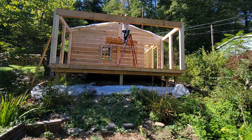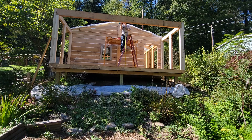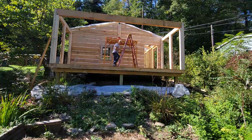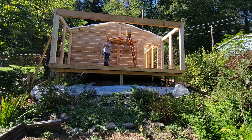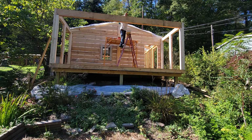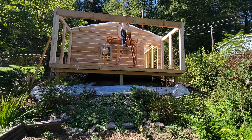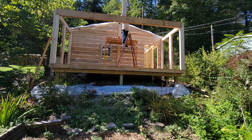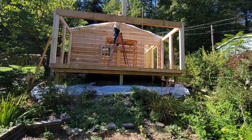Now right here what I'm doing is trying to find the center again for an upright that I have to put on this beam. And this is another reason why I chose the LVLs, because I knew that there was going to be a support beam for the ridge beam of the porch right in the middle of this beam that goes across, spans the porch. And I don't want an upright there, I don't want a column in the center of this porch, because I want a clear shot out across from off the porch out across to the mountain on the other side of the valley there,